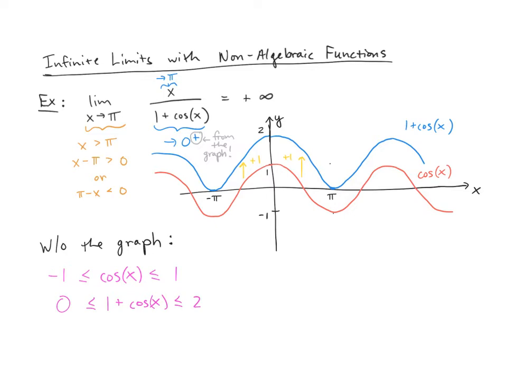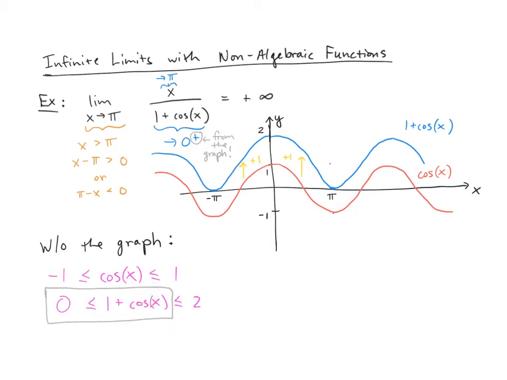just adding 1 to each of the things in that inequality. And so what I'm interested in here is this part of the inequality, because we're interested in the sign of this quantity. So we find out that no matter what x is, 1 plus cosine x is greater than or equal to 0. So that tells us the sign. And this is exactly what we found out from the picture, but we can get it directly from this well-known inequality about cosine of x. So you can use the graph if you want to think about these inequalities, or you can just go directly